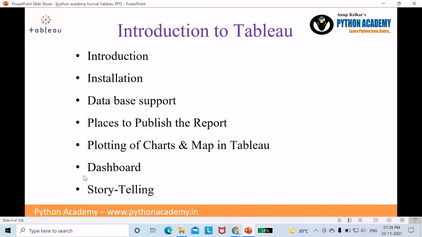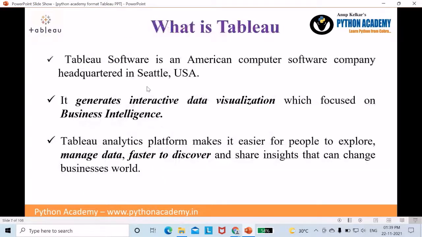The last two parts are very important as far as data visualization is concerned, because whatever data sources you have and connect with Tableau, you will get the inference of what the exact data shows. Hence, dashboard building and storytelling is a part of report writing and report publishing. After that, we will see how different charts and plots we can combine together in a dashboard. So let's start our first chapter, that is introduction to Tableau.